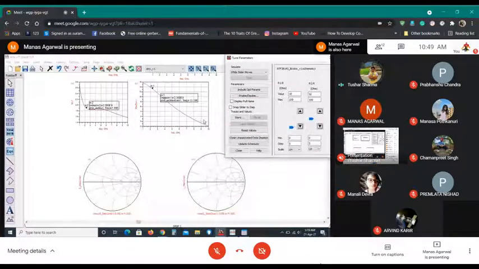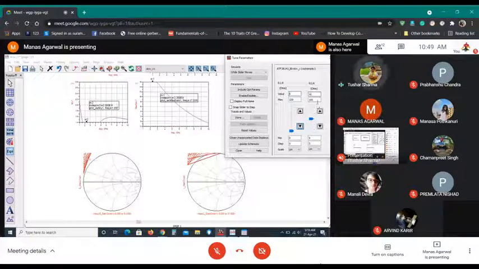So now series R you have to keep minimum and shunt R you have to keep maximum. So decrease first series R. Go to say 5 ohms because you see you still have a lot of room available.